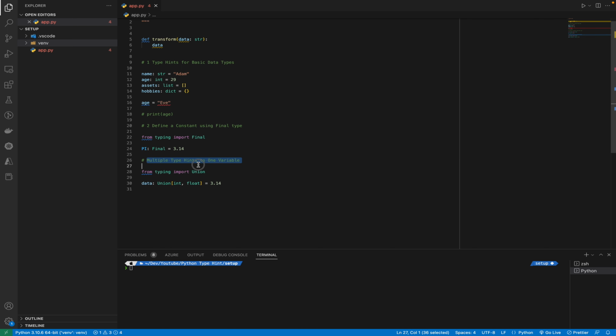Multiple type hints for one variable. I know you might be thinking that there will be a couple of cases wherein a particular variable can have different types of inputs. So basically a variable can be of type integer at times and can be of type float. Then how do we tell the IDE regarding this? We have a solution for that as well, using Union. If you want to tell the IDE that this variable can be of type integer or float, you can use Union